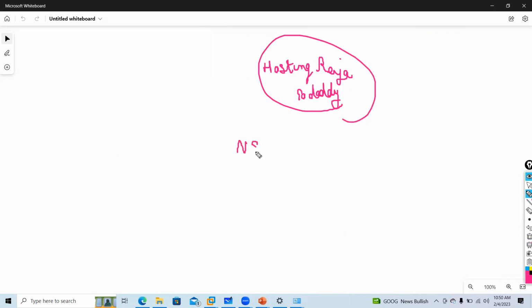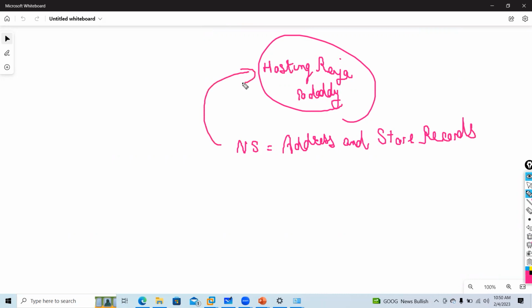So each name server will have its own address and it will store records of your website. If I say Hosting Raja name servers, they will keep records of Sianets.com, and will keep records of other websites also, like google.com.